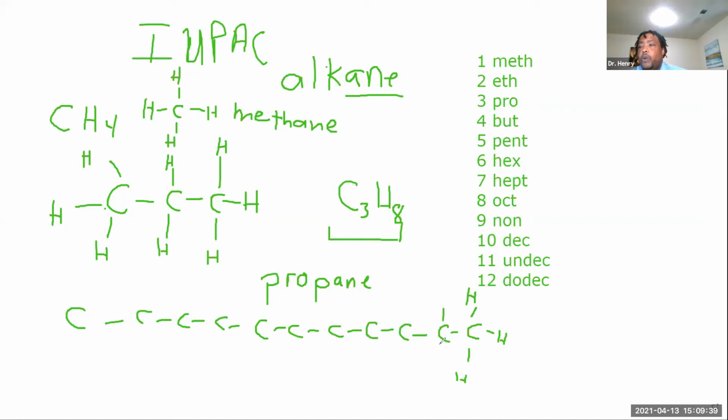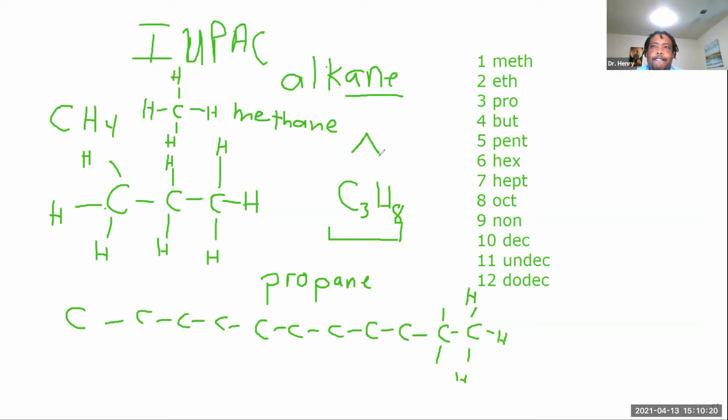Okay, so what we've done is we use what we call line structures or skeletal structures. A skeletal structure is just taking each point representing a carbon. So that would be 1, 2, 3 carbons, right? And then they're saturated with hydrogen, so they could have any of the bonds that are available. In this case, this guy would have 3 bonds available. All of those would contain hydrogens, so we wouldn't have to write the hydrogens. We understand that they're saturated with hydrogen. So it would be the same thing as this structure right here, but we just drew it as this little hat, you know, carrot.